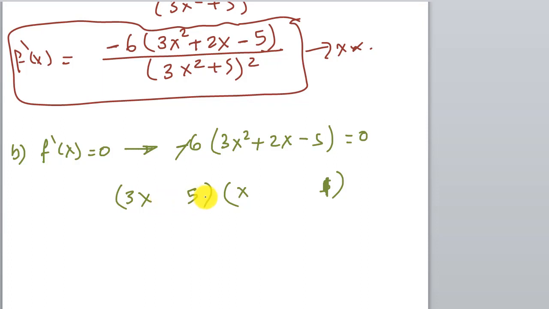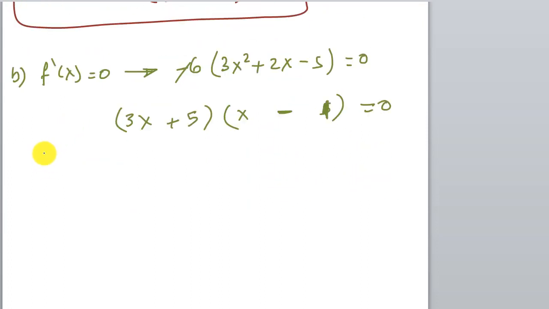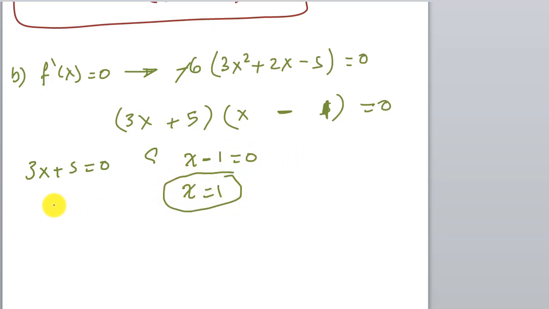So we need positive 5x and 3x, so this is positive, this is negative, equal to 0. So from here, 3x plus 5 equal to 0, and x minus 1 equal to 0, so x equal to 1,